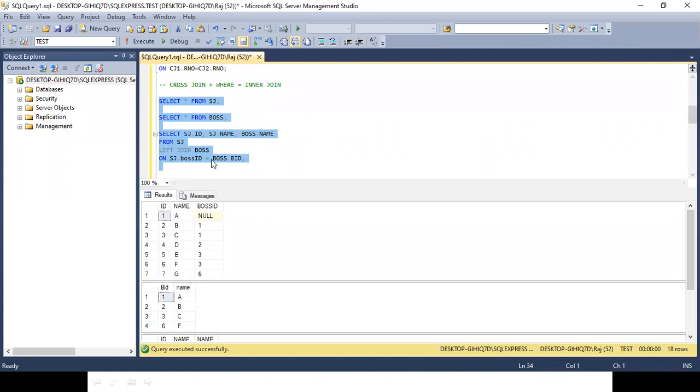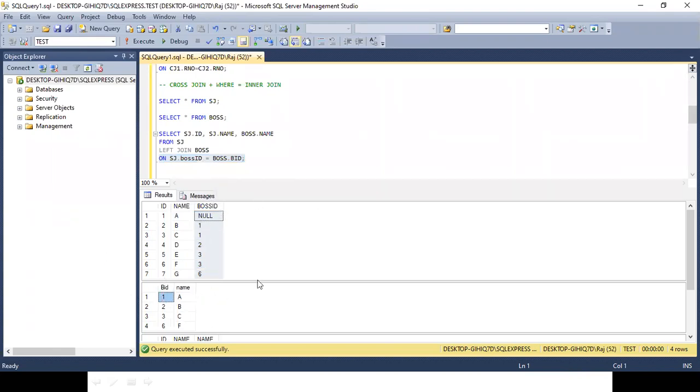Okay. So what have we done? We have said what all we need. From SJ, we need ID. From SJ, we need name. And from the boss, we need boss name. From SJ, left join boss. I hope till here there is no confusion. Yes, sir. Okay. Now, this is the main key. Which two fields? Till now, in all the examples we have seen, it was very clear. We have the same name field in both the tables, where we say that sj1.roll number is equal to sj2.roll number, for example. Now in this, we are comparing the boss ID and the BID.